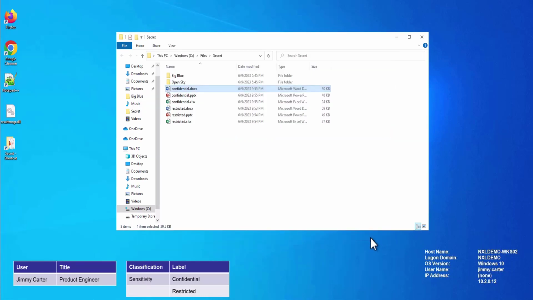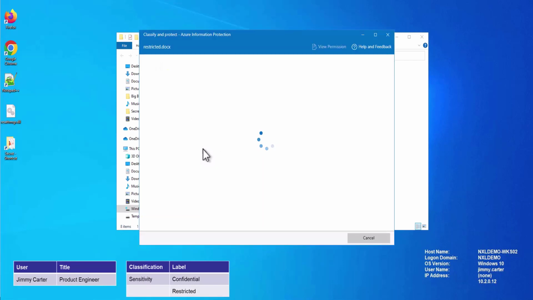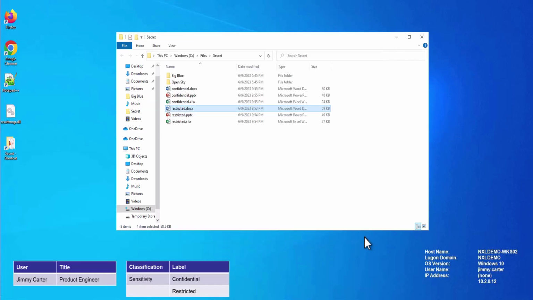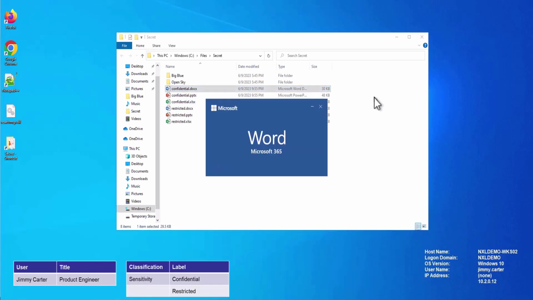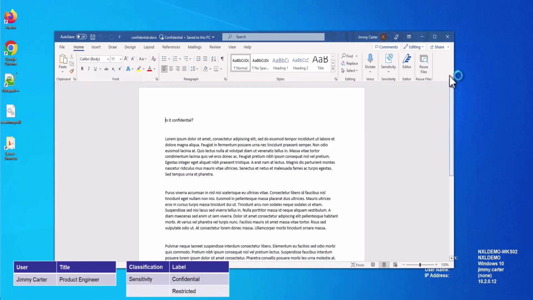Let's check the sensitivity label of another file in this folder. I will check the sensitivity label of the restricted.docs file using Classify and Protect for Azure Information Protection. We will see that the sensitivity label for restricted.docs is restricted and it is protected by Microsoft Purview. Now, I will double-click on the confidential.docs file to open the file. We see that Word launches, and Jimmy Carter can access the file contents because he has access to files protected